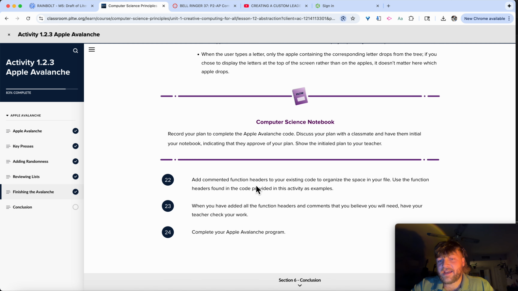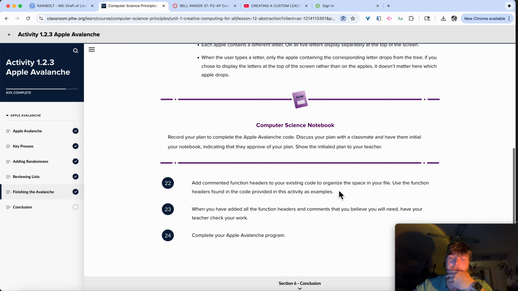So they have: add commented function headers to your existing code to organize the space in your file. Use the function headers found in the code provided in this activity as examples. So we're going to end up using the little code that they have. Now, when you have added all the function headers and comments that you believe you will need,